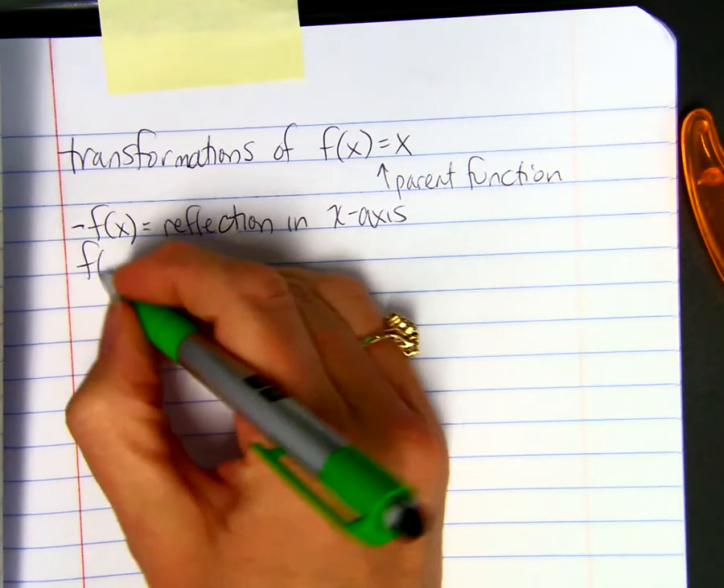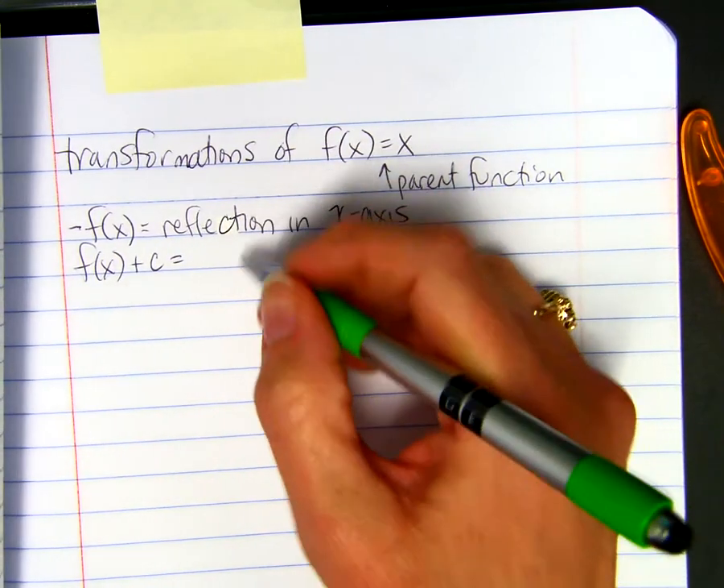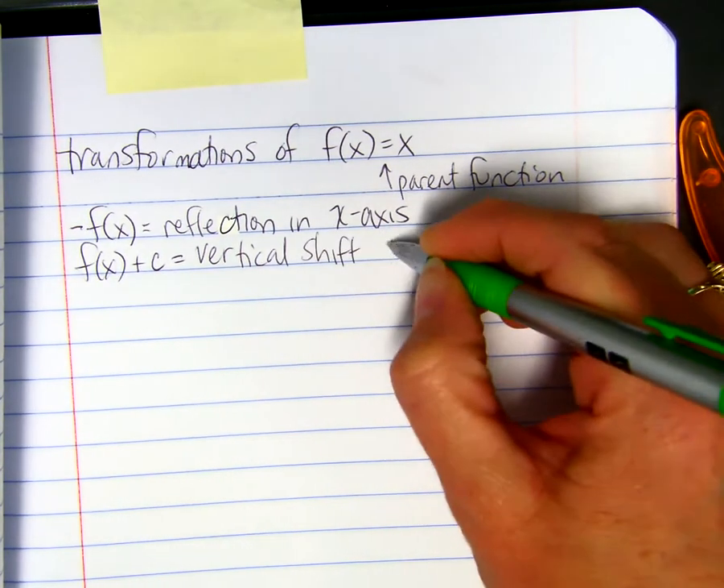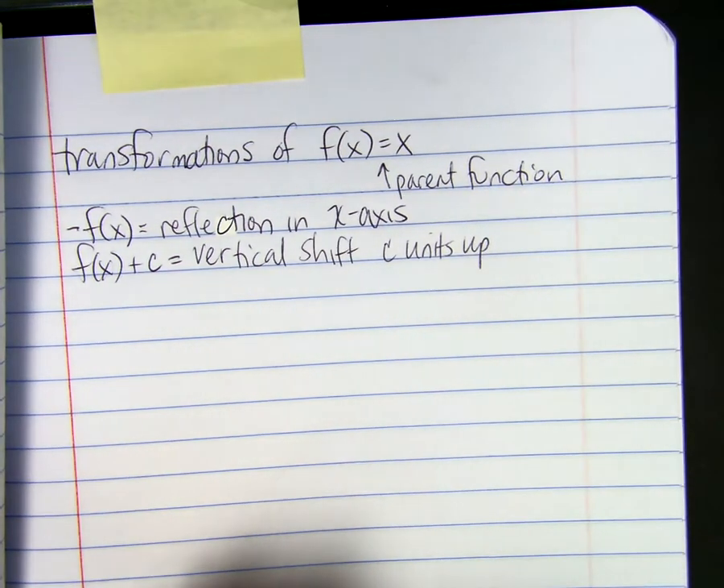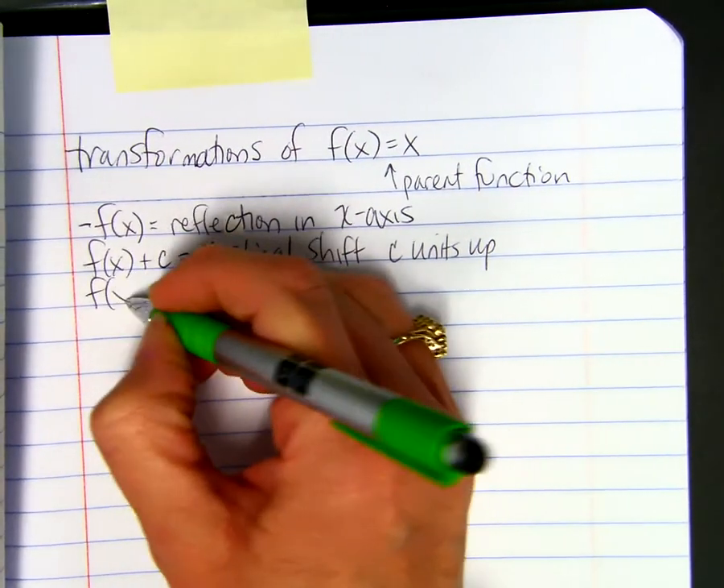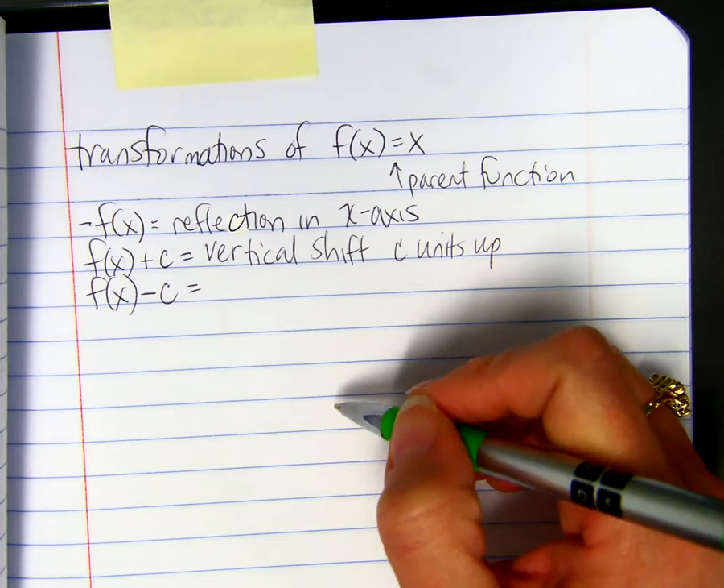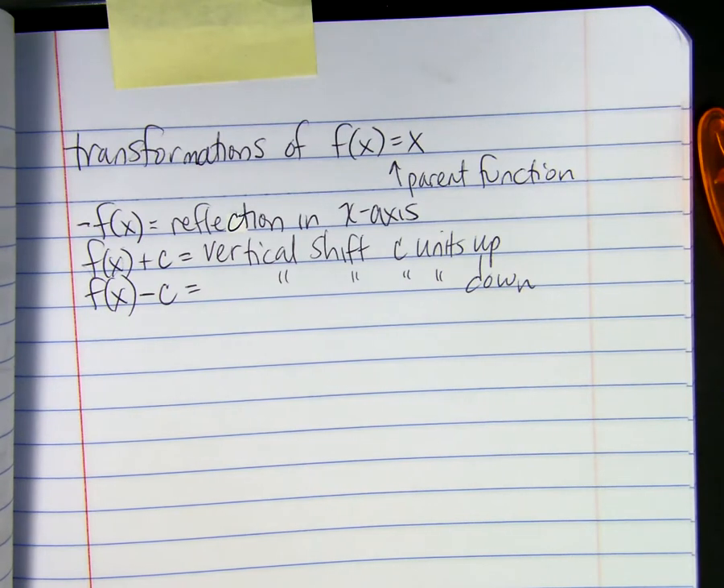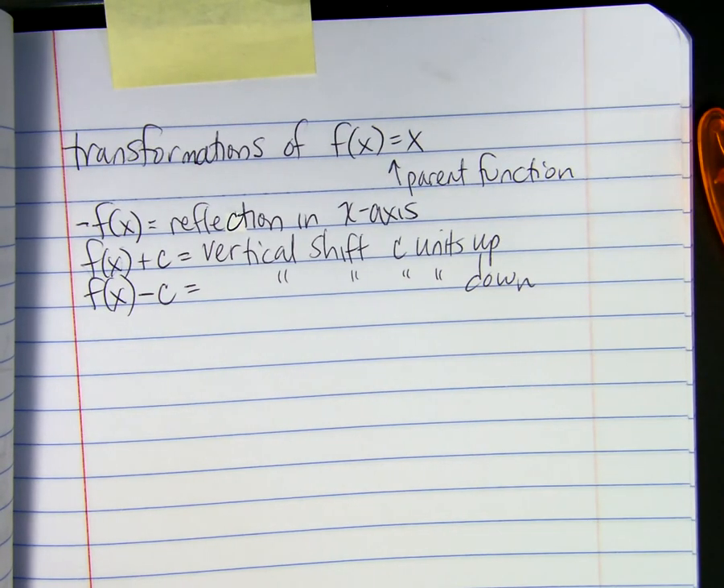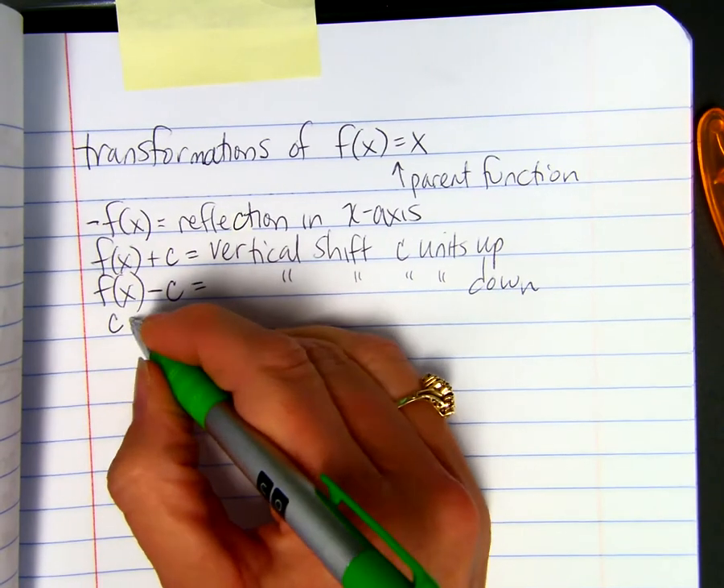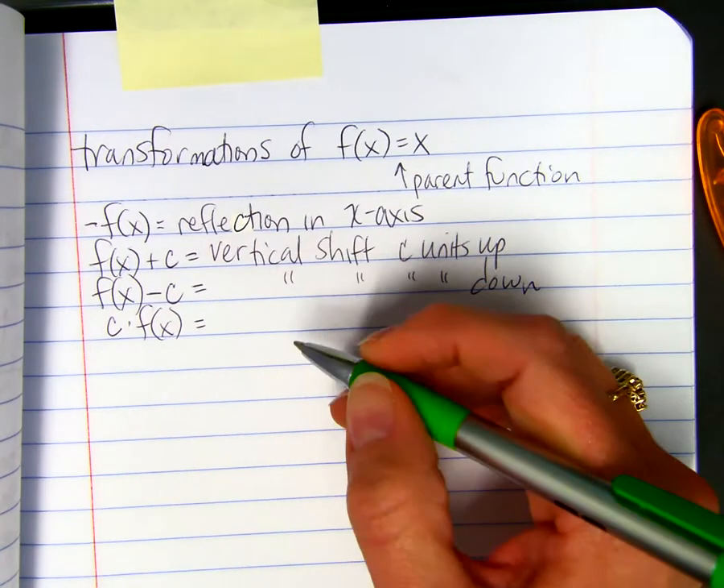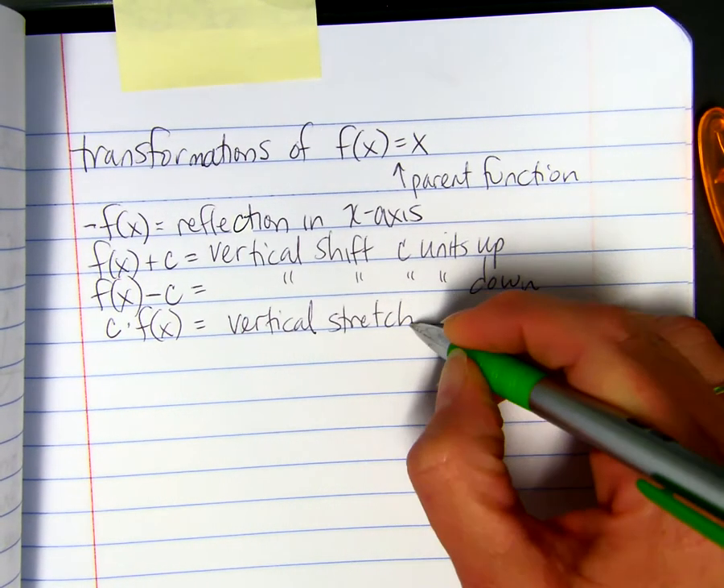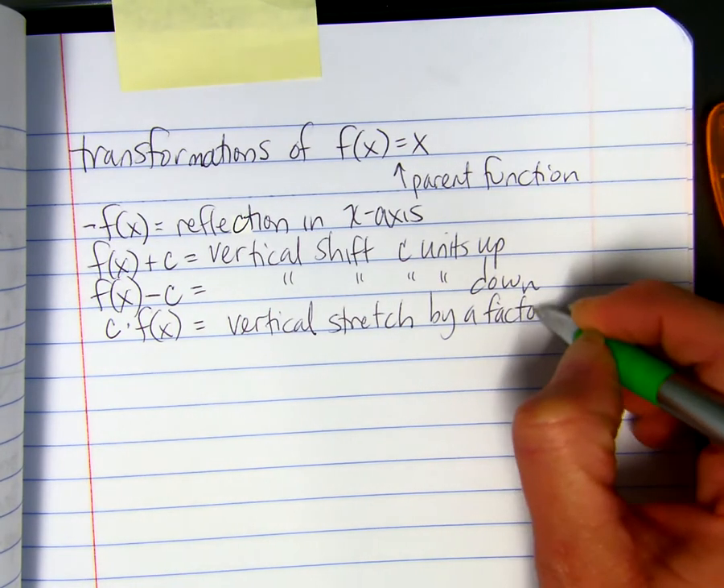If you add a number to the end of your function, it's going to be a vertical shift C units up. If you subtract a constant, it's a vertical shift C units down. If you take a constant and multiply it by the function, it's a vertical stretch by a factor of C